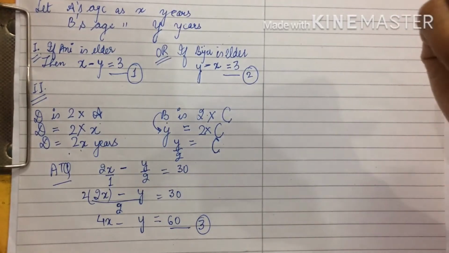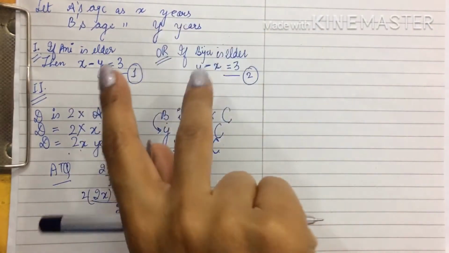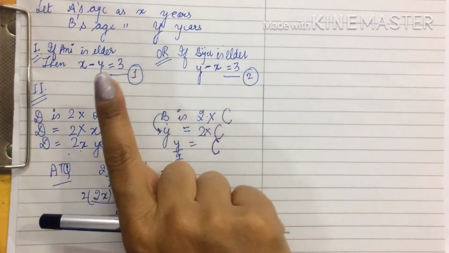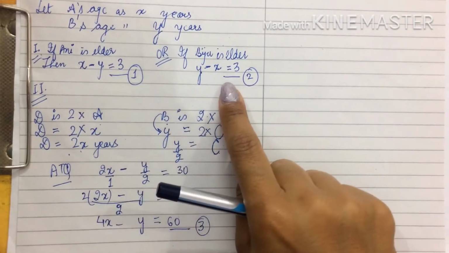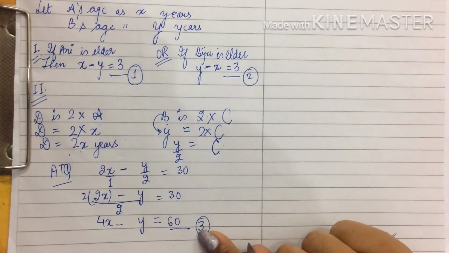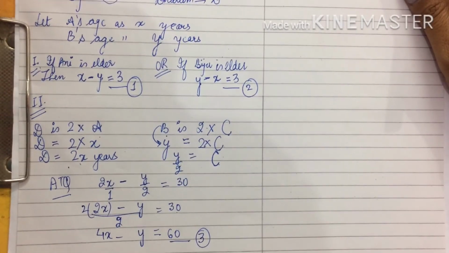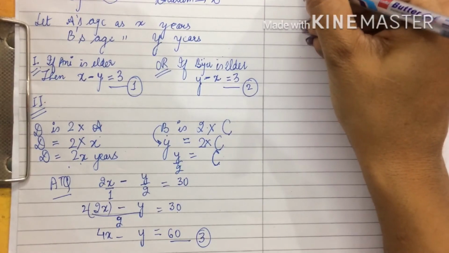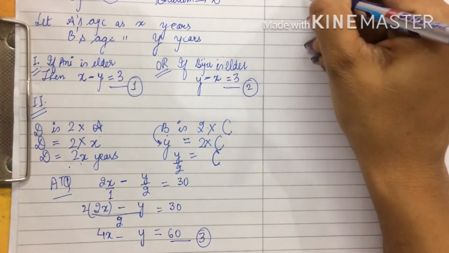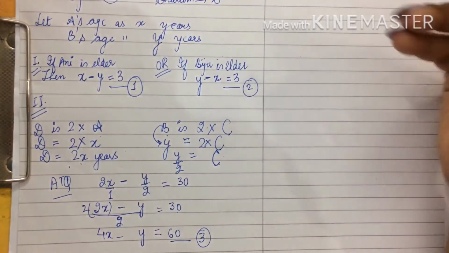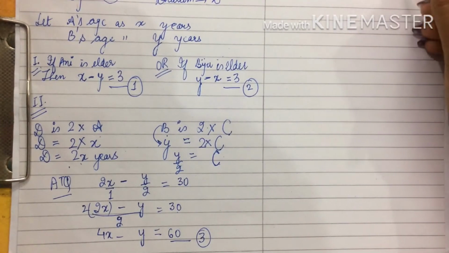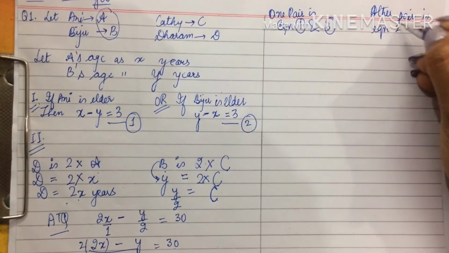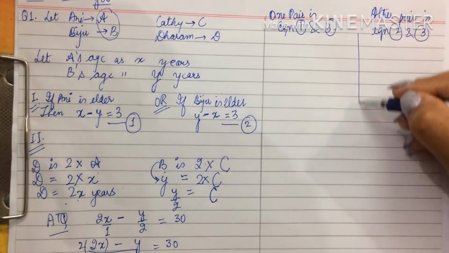Now what you have to do is, since from the first condition you had two equations formed, but you are supposed to take only one at a time. So either you will be taking one or you will be taking the second equation with the third equation and you will obtain the answers. So you have to solve two pairs. One pair is equation 1 and 3 and other pair is equation number 2 and 3. So you will be solving these two.